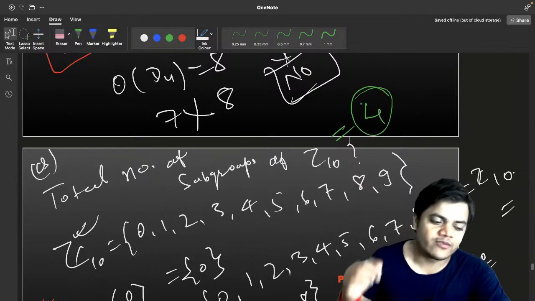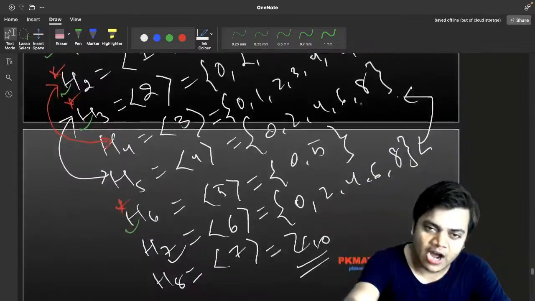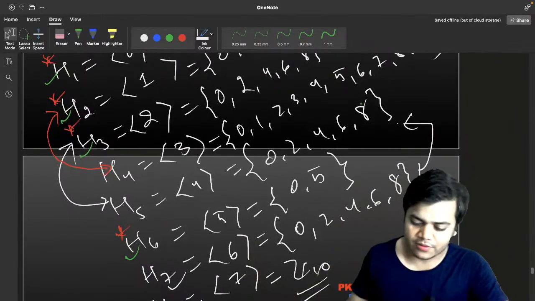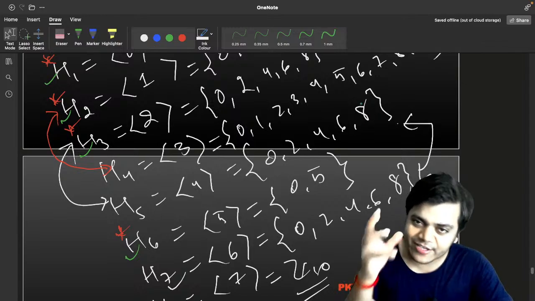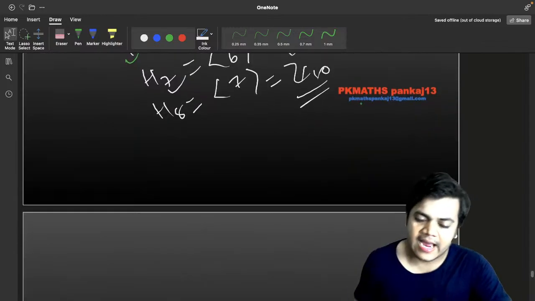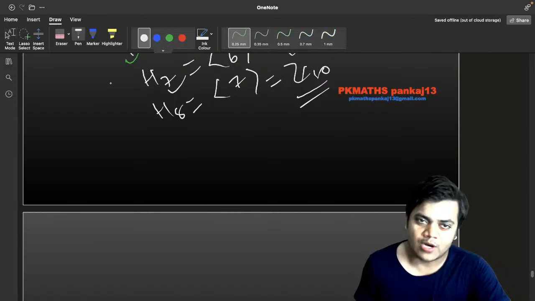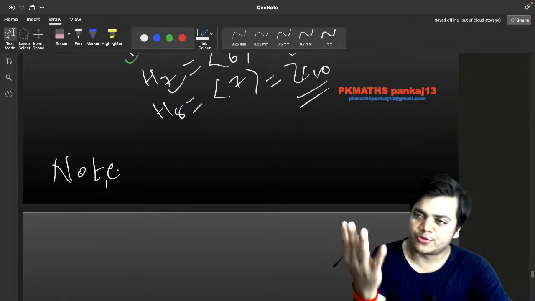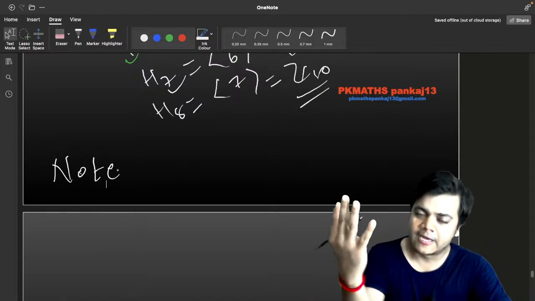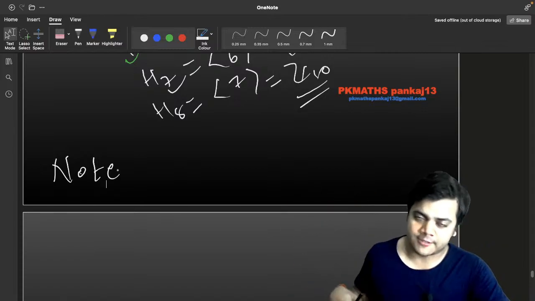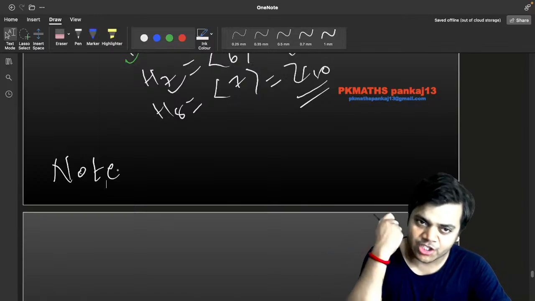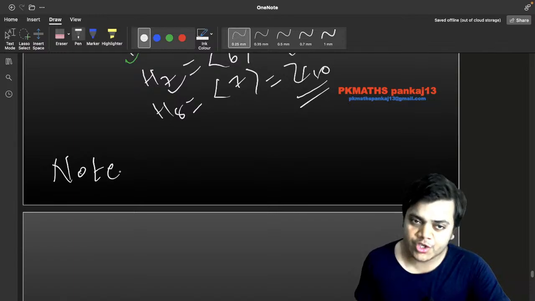But there is a quick formula. There is no need to count the subgroups like this manually. Actually there is a formula, and I am just going to write that formula. But for intuition, for the first two or three questions, we should write every possible subgroup manually, so that we can get a perfect intuition. But we should also